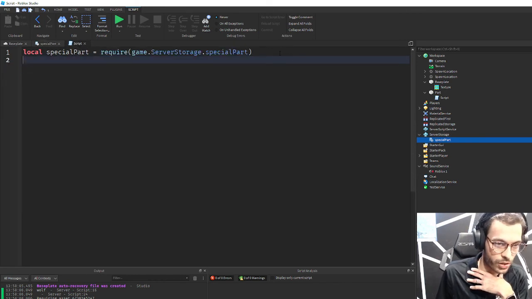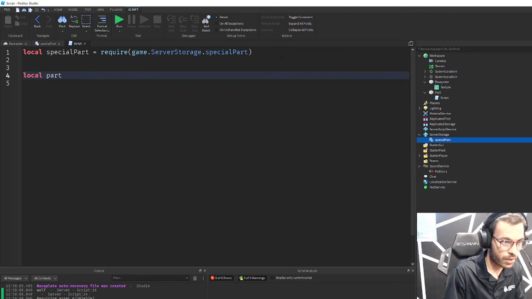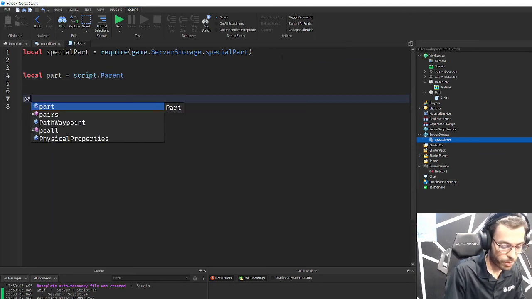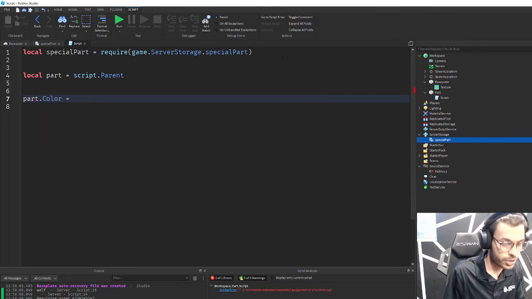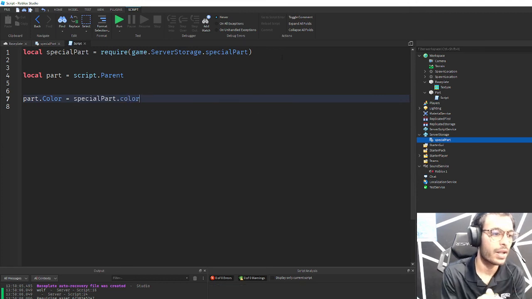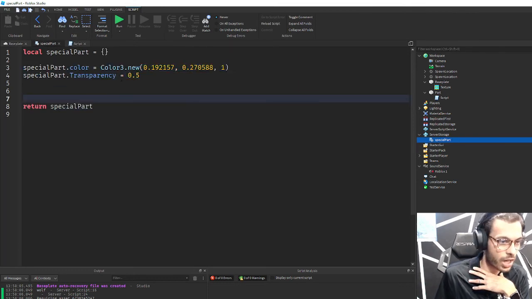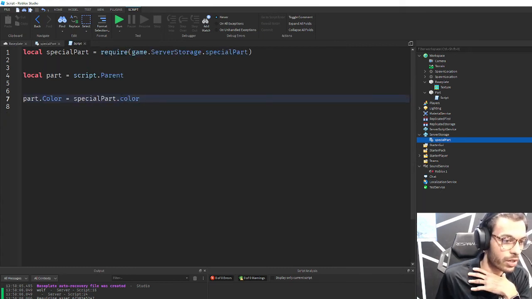So now I have imported this module into this server script. Now what I can do is go local part is equal to script.Parent, and do part.Color is equal to specialPart.Color. And that's how this works. So now whatever I assigned here as the special part's Color, and I should probably make this capital C just to keep everything the same here, and also make this capital C,